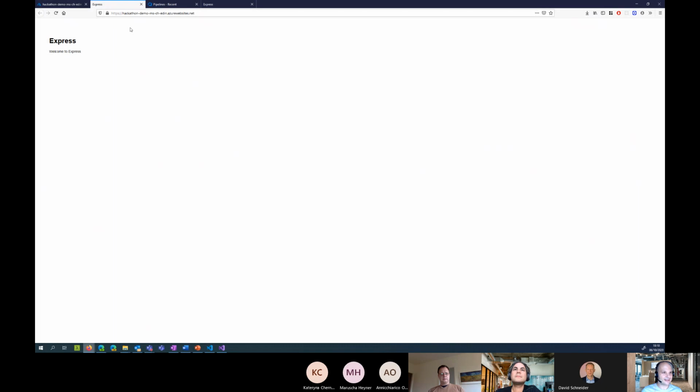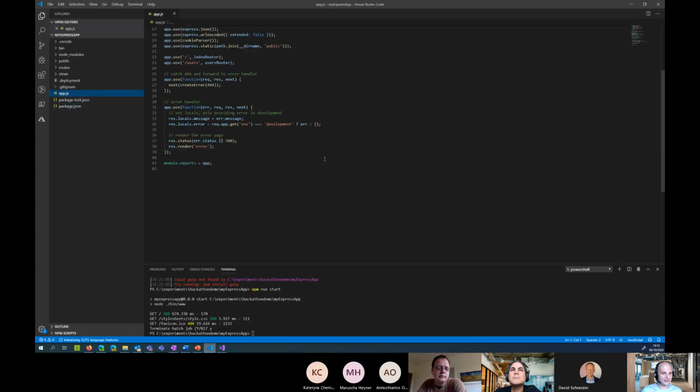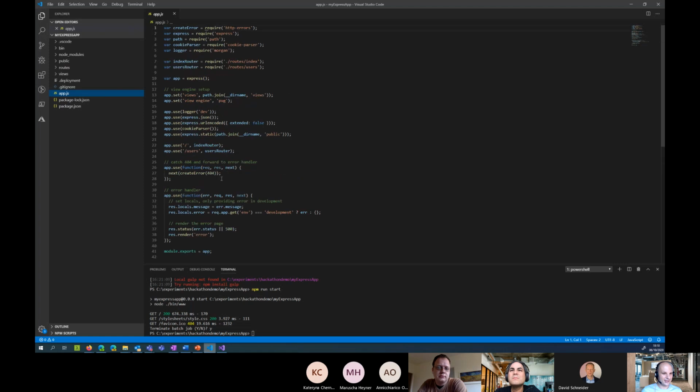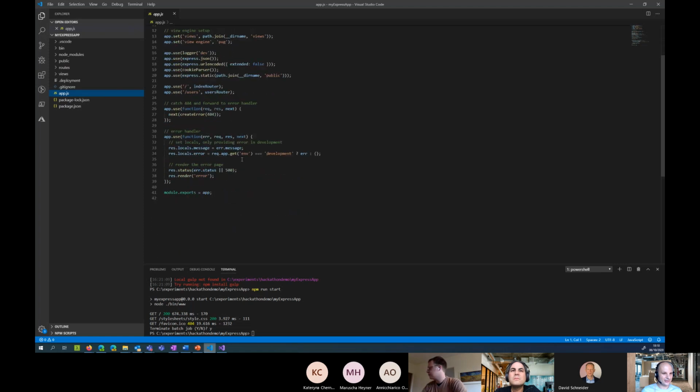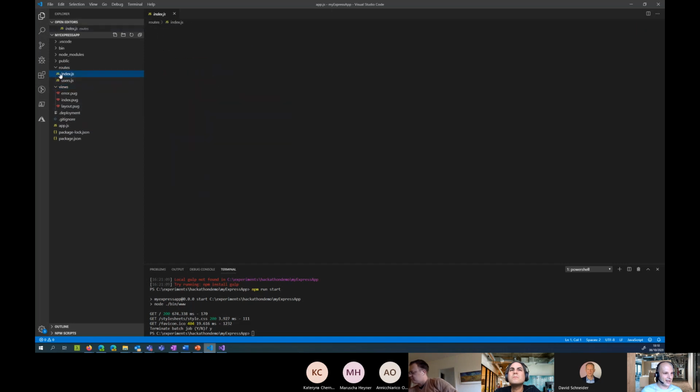So I can show you now that this application, this is a Node.js application. It's not even .NET, it's not even server code, it's JavaScript code running on the server. And I can show you how easy it is to use. This is the source code. I'm not a super expert on Node.js, but basically here you create your application and then you render the index page, and then I have here the index view, and in the index view I say render, title is Express. If I change this to